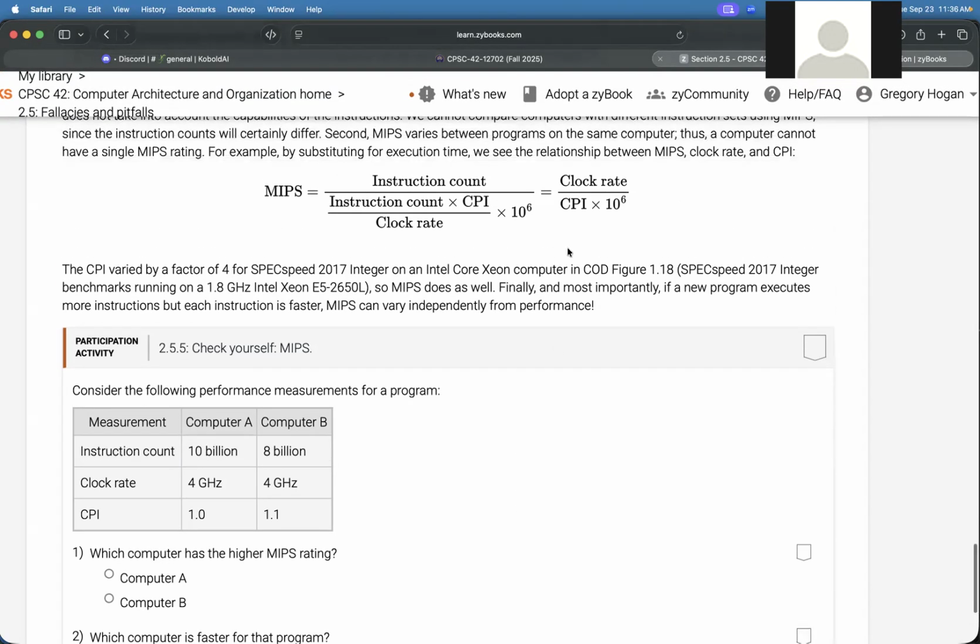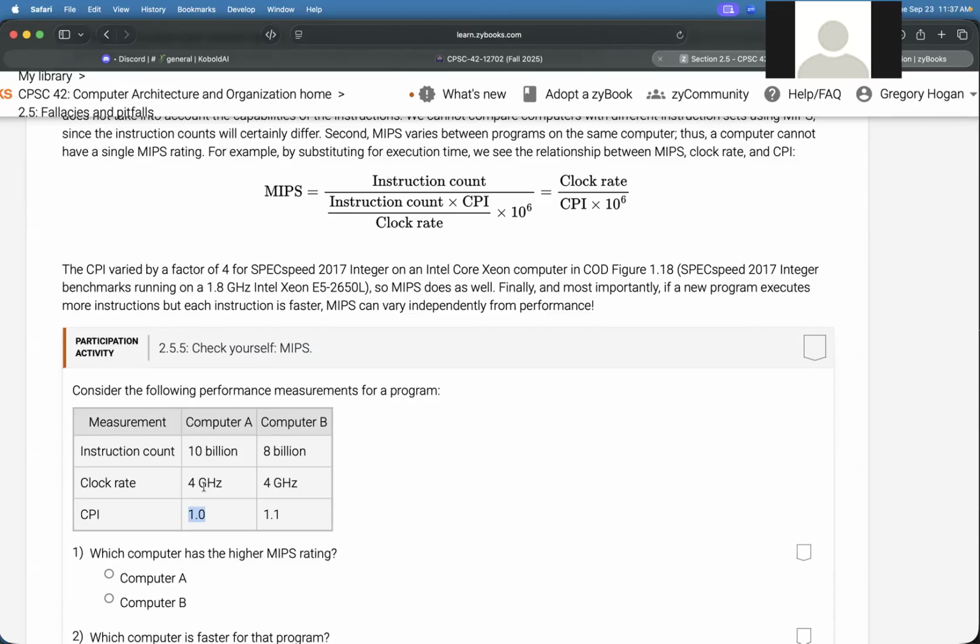Yeah, I was trying to use the formula here, and so I was putting in the clock rate, and then for the CPI, I put in like 10 billion for some reason. But we don't need that, right? We actually just need the clock rate, which is 4 gigahertz. That's how many clock cycles you have per second. And then the CPI is clocks per instruction. So if you have the 4 gigahertz and the 1.0, that's enough already to calculate the MIPS,